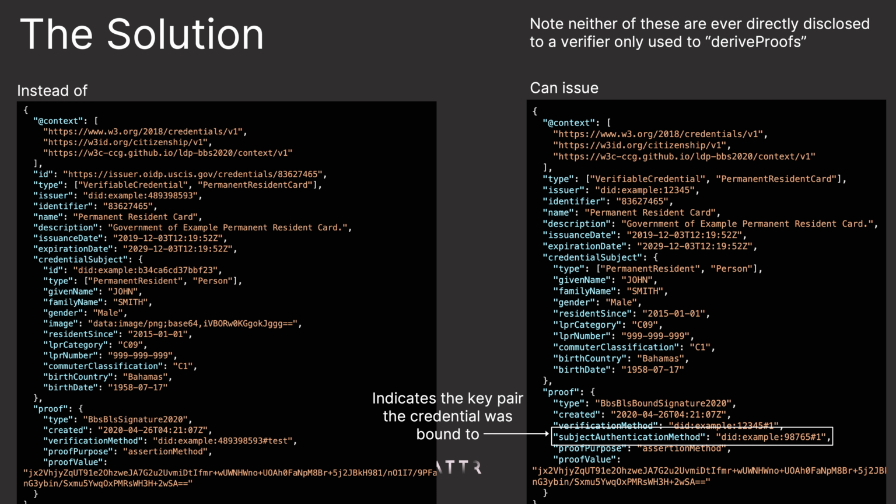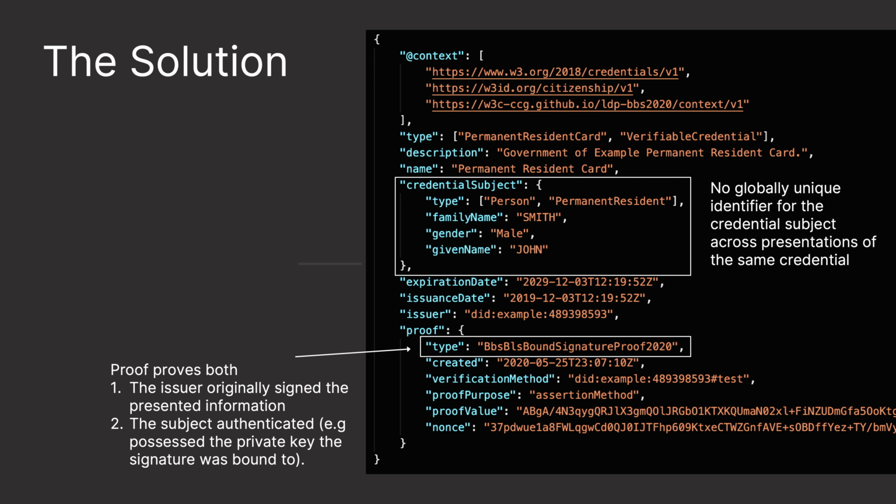But essentially they would receive this, and then this tells them which key they need to dig out of their KMS in order to do the derived proof operation. That's what it concretely translates to. And then when you do a bound signature proof, so this is a different type, this is what we call bound. You notice there's no globally unique identifier in here, but a byproduct of verifying this type of proof, you